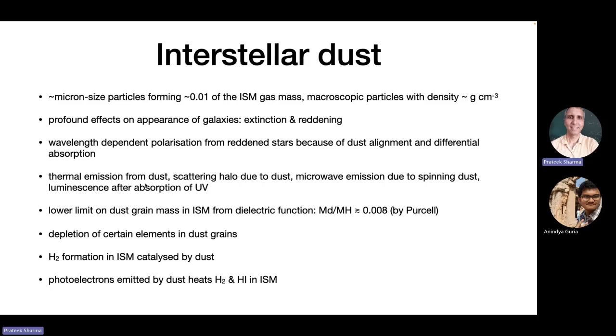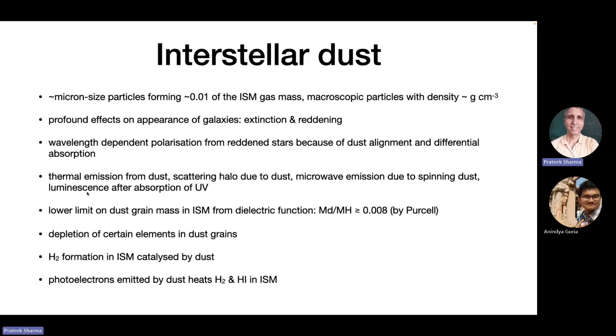You can also have emission due to dust, right? When I showed you this broadband distribution of light in the universe, there was the CMB and so on. But in infrared, there was a big black-body-like part which was due to dust heated by stars and re-radiating in infrared. It can also emit in microwave. It causes a lot of problems for people who study the CMB because it emits in the same region. So you have to take this out carefully in order to get to the cosmic microwave background.